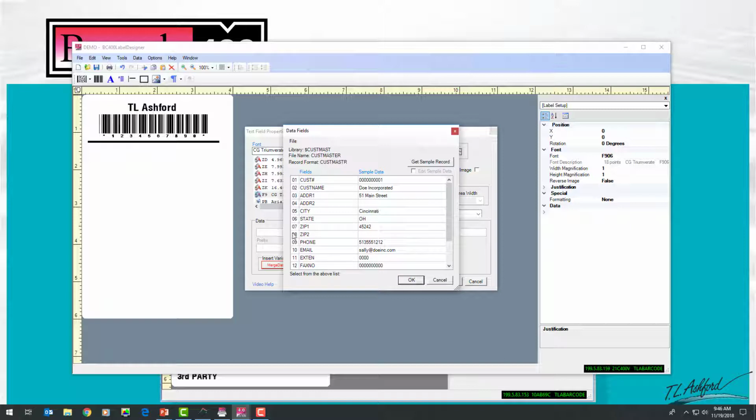We've numbered each field in the file, and you'll see why we number those momentarily. We also use sample data for each record. So as we're selecting data from the file and placing it on the format, we'll actually see the sample data in place of the field name here, just to give us a realistic impression of what the label is going to look like. So to select merge data or file data, I'll go ahead and click on the customer number